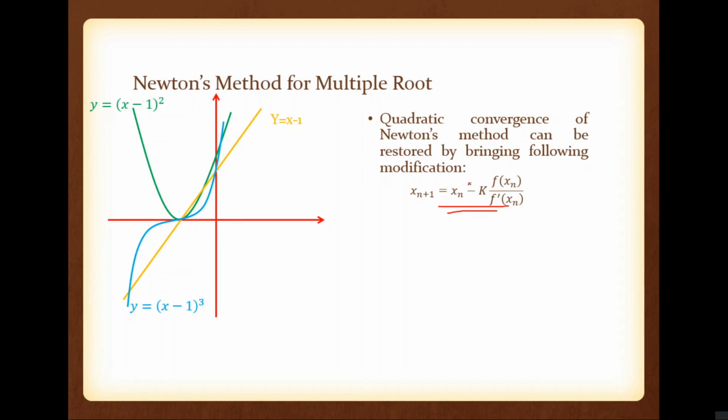Okay, so there are methods to check the multiplicity of a root. That one is not discussed here. With respect to that method, we have to find the value of k. I told you this one is a numerical technique. All of this is normally written in a computer program. So first we apply that method, which gives the multiplicity of the root. Then we select Newton's method or Newton's modified method.